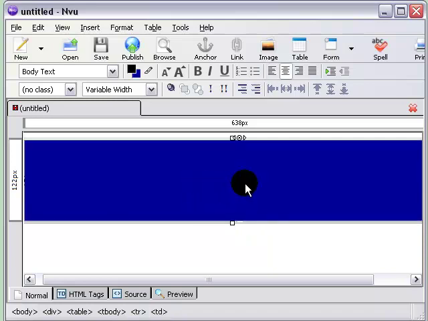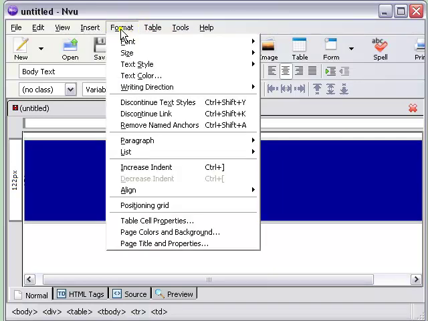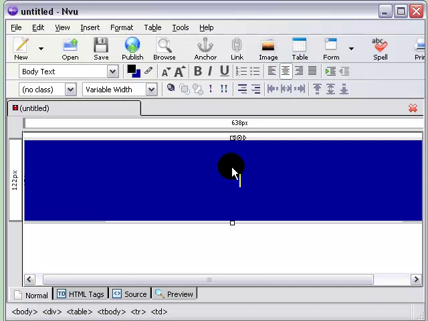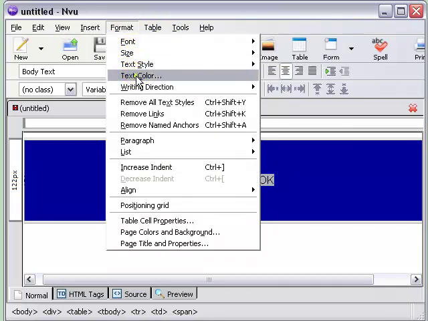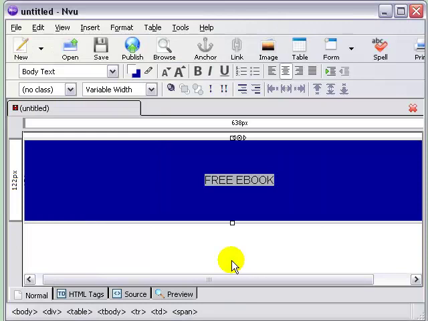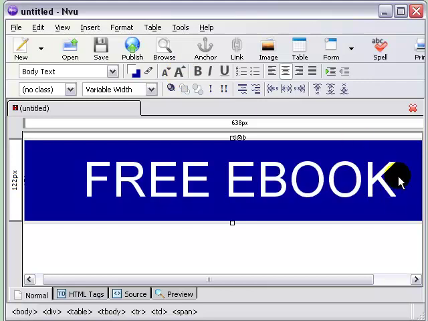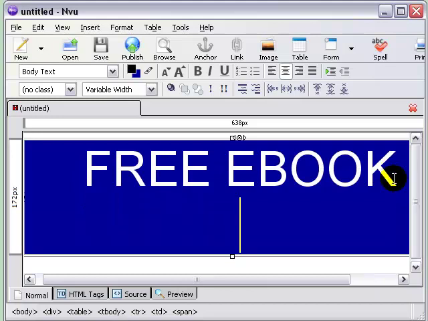But of course we now need to have some text in there. So again, if you go to Format, Font, and pick whichever font you want, I'm going to go with Arial for now, and then put in, for example, free ebook or video tutorial or software or whatever it is you're going to do. I'll show you how to change the colour in a minute. So go back to Format, Text Colour, pick white, OK. Then obviously that's going to be too small, so just keep clicking until it's the size you want, and then we'll put a tagline in which says